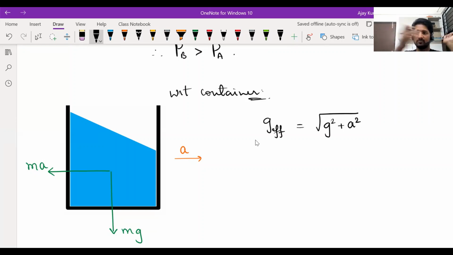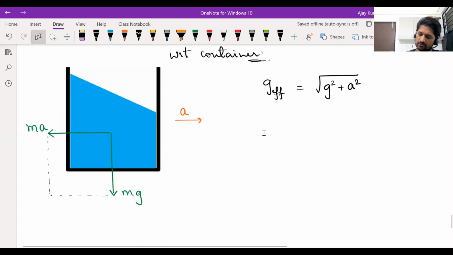Here mg is downwards, ma is to the left. Their resultant will be there, no? How do you find the resultant of two vectors which are perpendicular to each other? Root of a square plus b square. Okay, so